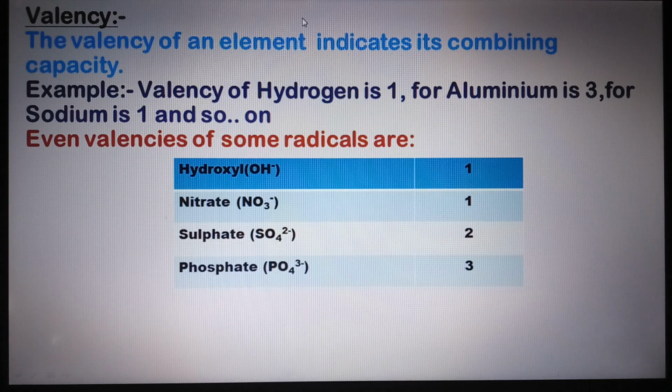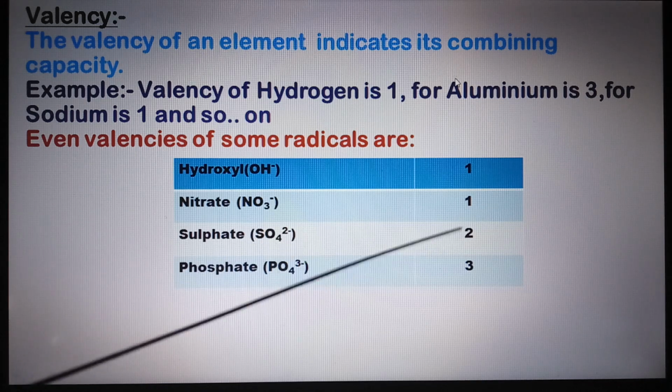Here it may be positive, it may be negative. How many positive charges, how many negative charges, irrespective of the sign, that particular count is considered as the valency. Even in phosphate, in the superscript we have 3 minus, so the valency is 3. We are not talking about the sign of the charge, but the number of charges it has. Even sulfate ions, which are radicals, have more than one atom in a group forming a charged substance. So this again is 2 minus, and 2 is the valency.